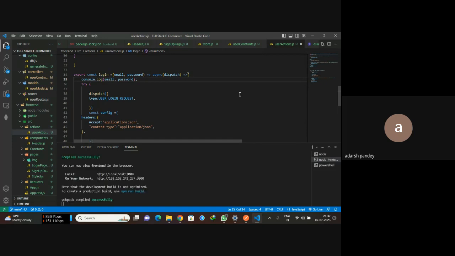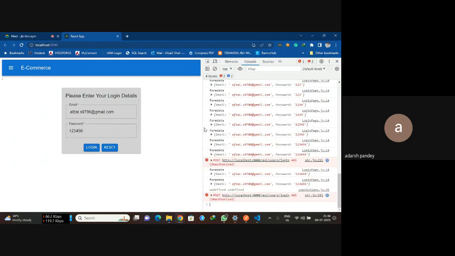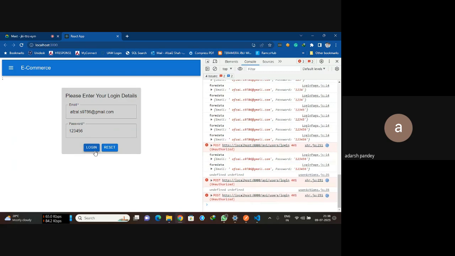चलो ठीक है, अब देखो वहां पे कंसोल, लॉगिन की पे ऐड करो, देखो ईमेल पासवर्ड आ रहा है नहीं आ रहा है, कंसोल में जाओ। भेजो, लॉगिन करो। हाँ, ईमेल पासवर्ड डिफाइंड अनडिफाइंड आ रहा है। आओ कोड में आओ,